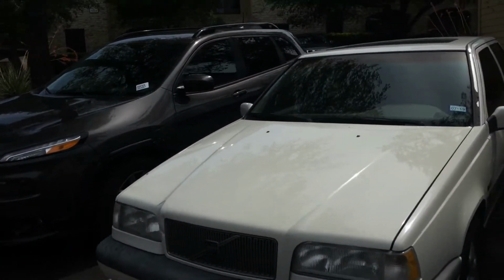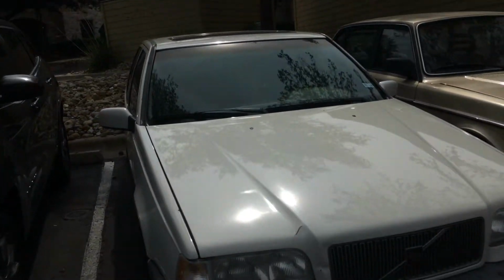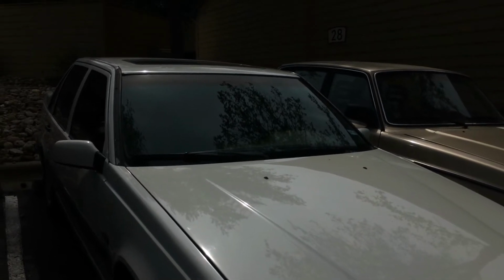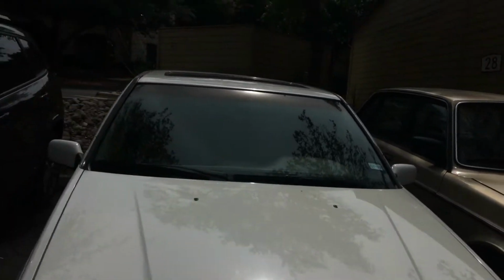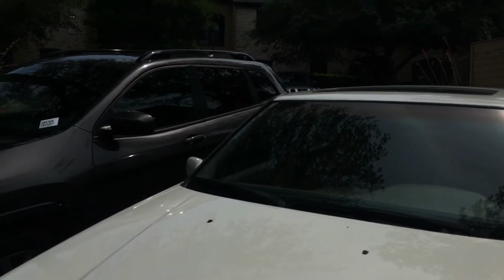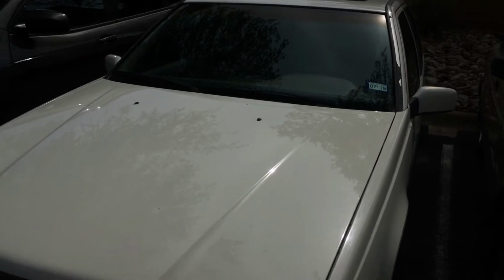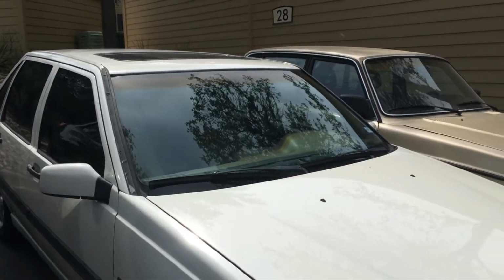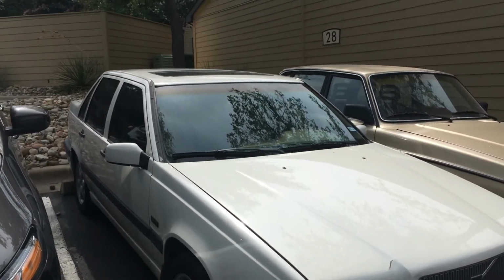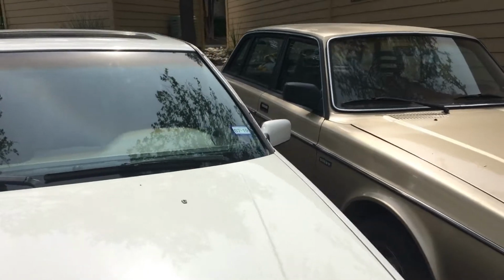Now, I have a friend and a couple of other friends who have owned one of these cars in the past. One considers it to be one of the worst cars that he's ever owned. It had basically all of the problems that these cars eventually develop all at one time, and it was just overwhelming, I imagine, for him to have to deal with the financial burden of getting it put all back together, as well as having to drive it to work every single day and put even more money into it just to get it to a point where he would be comfortable driving it. And he did not like that car, not one single bit. And whenever I brought this to him, he was very quick to let me know what an awful decision I had made. So I'm here in this video